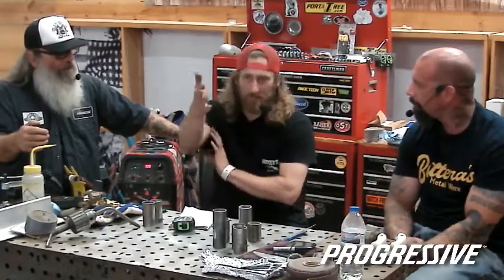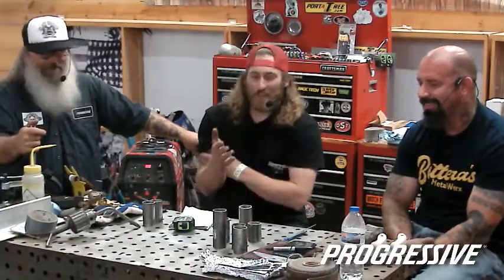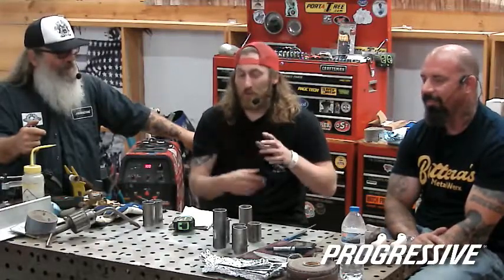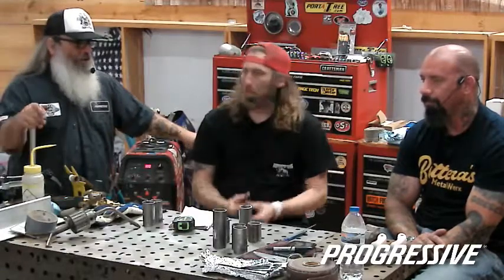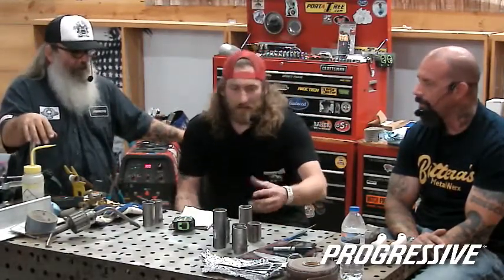Brian and I were talking earlier about his frame, it's all stainless, and the front end too. If you don't know stainless, it will move a lot as it cools and the welds will shrink, and you have to tack it properly before you weld it out because it'll pull one way or the other as the weld cools. You have to weld on opposing sides for even pull, secure your piece, secure your frame rails, because whatever you're working on can't move. Other techniques, like what pipe fitters do,